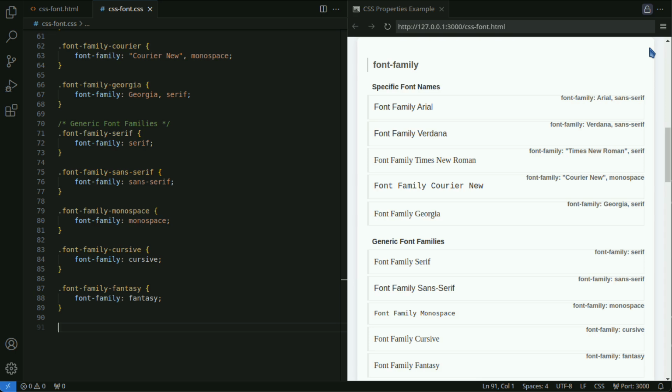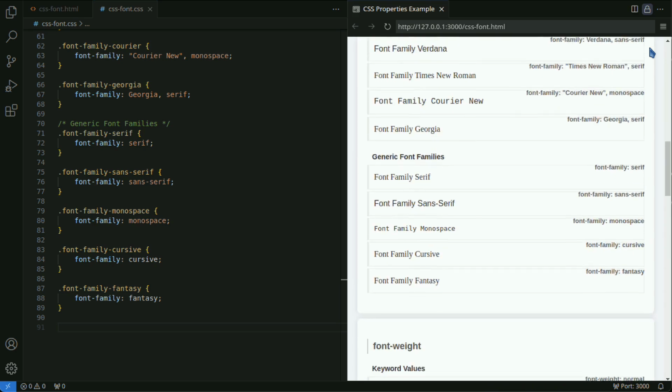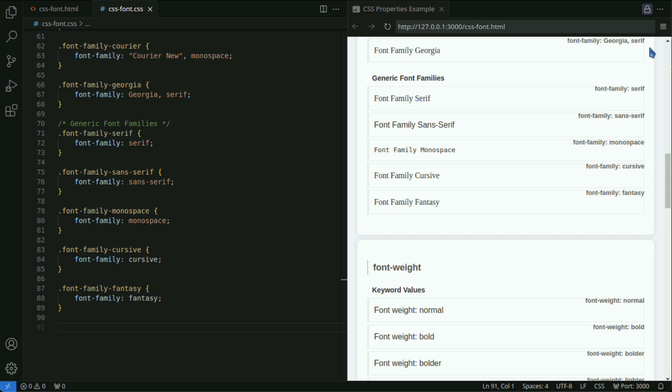Specify fonts that are installed on the system or available as web fonts. Generic font family. Specify a group of fallback fonts to use when a specific font is unavailable. When specifying multiple fonts, it is recommended to separate font names with commas and list a generic font as a fallback at the end.